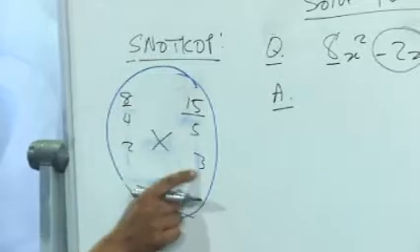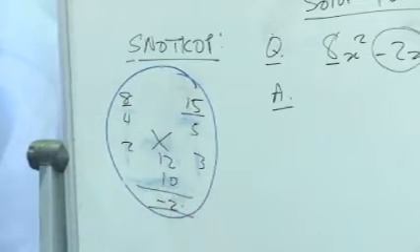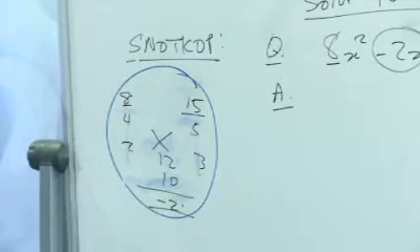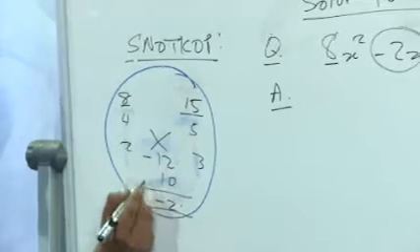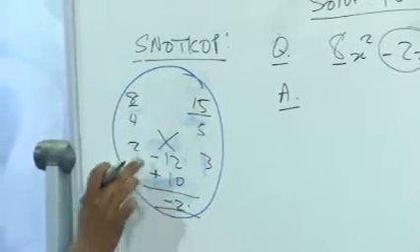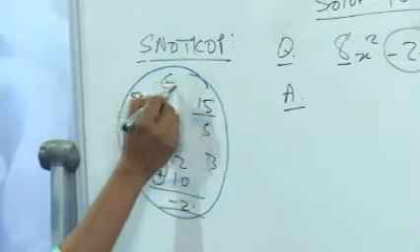So let's multiply. Let's cross multiply. 4 times 3, 12. 2 times 5, 10. Can a 12 and a 10 give you a negative 2 when added? Yes, it can. This has got to be negative. That has got to be positive. Because minus 12 plus 10 gives me negative 2. And you must multiply the signs out. Negative times positive is a negative.